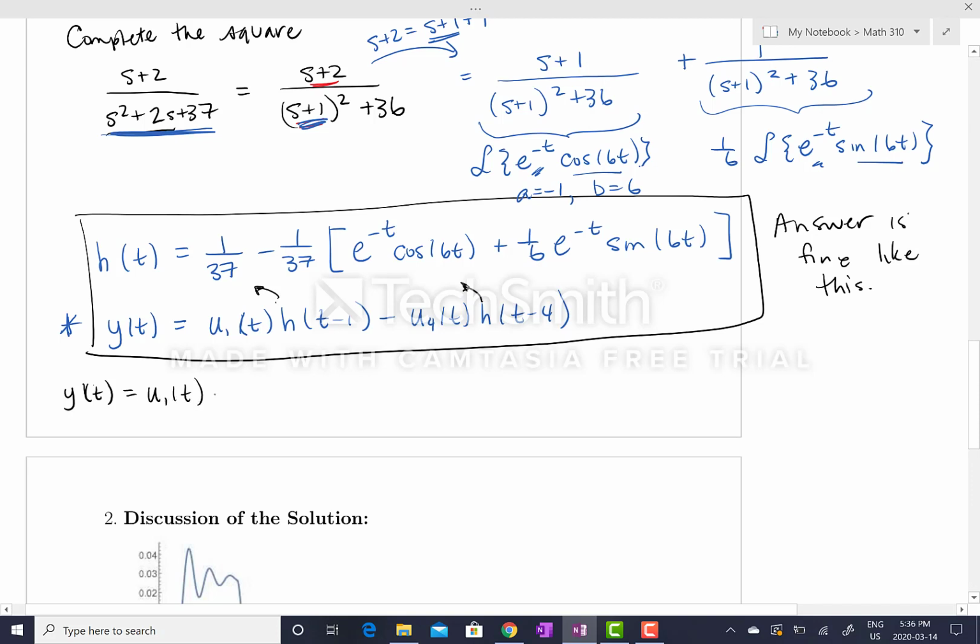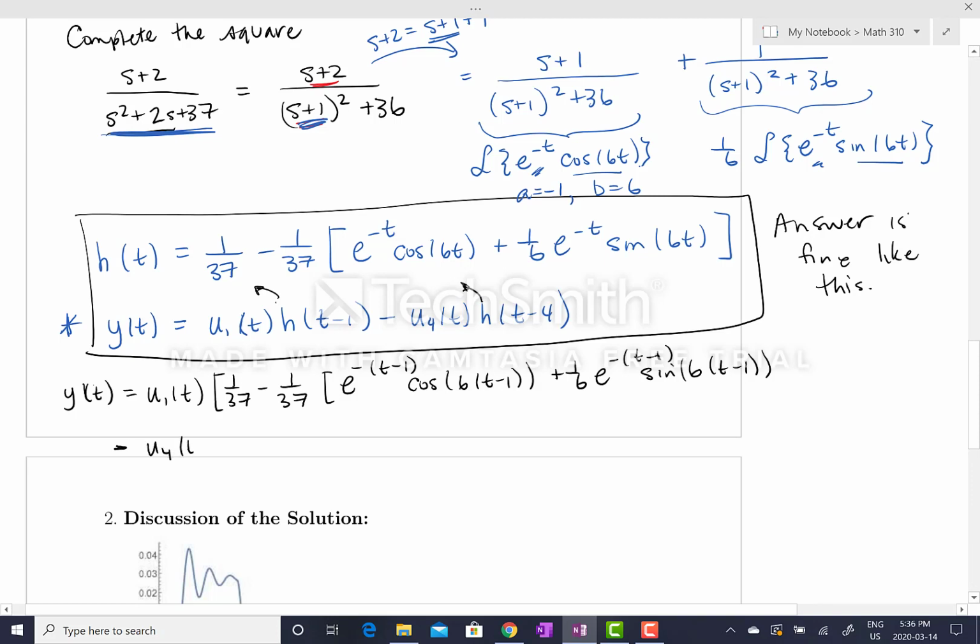That is going to be u1 of t times, now this is h of t minus 1, so 1 over 37 minus 1 over 37 e to the minus (t minus 1) cosine 6(t minus 1) plus 1/6 e to the minus (t minus 1) sine 6(t minus 1), minus